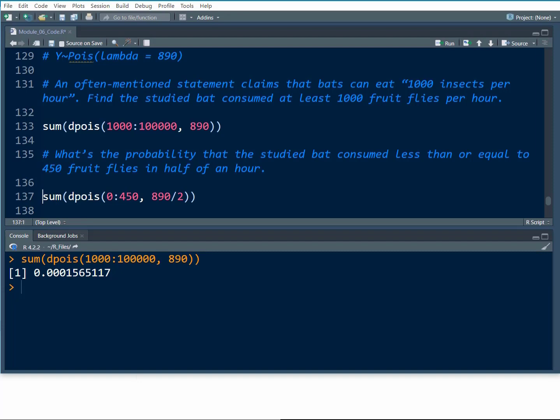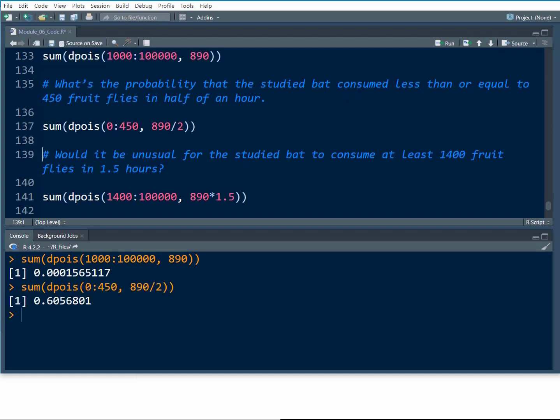What's the probability that the studied bat consumed less than or equal to 450 fruit flies in half of an hour? Now we have to be careful here. This question asks about a probability in a half-hour period. We know that a bat eats an average of 890 fruit flies per hour, which means that it eats 890 divided by 2, which is 445 per half hour. We find the probability that the bat consumed less than or equal to 450 fruit flies in half of an hour to be